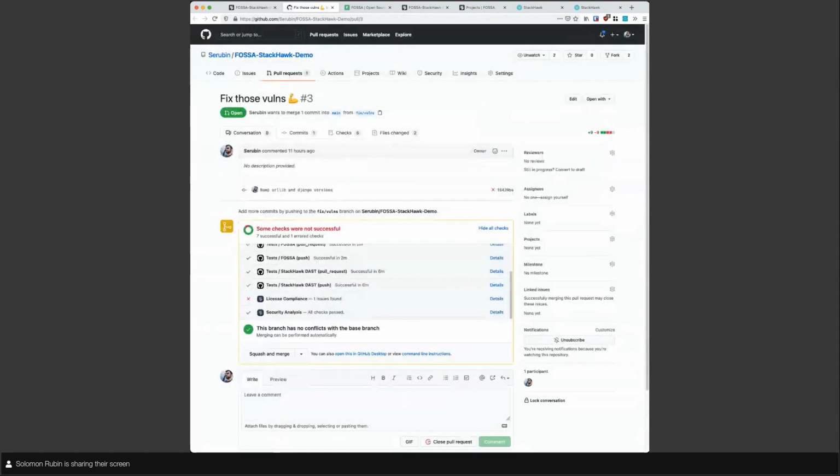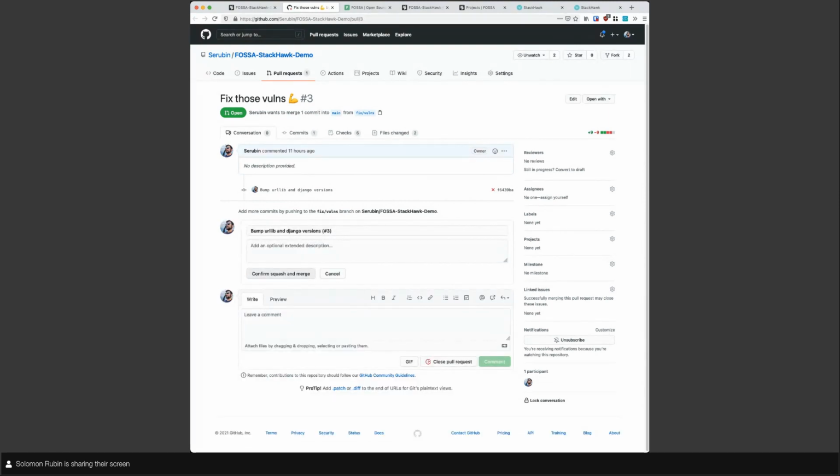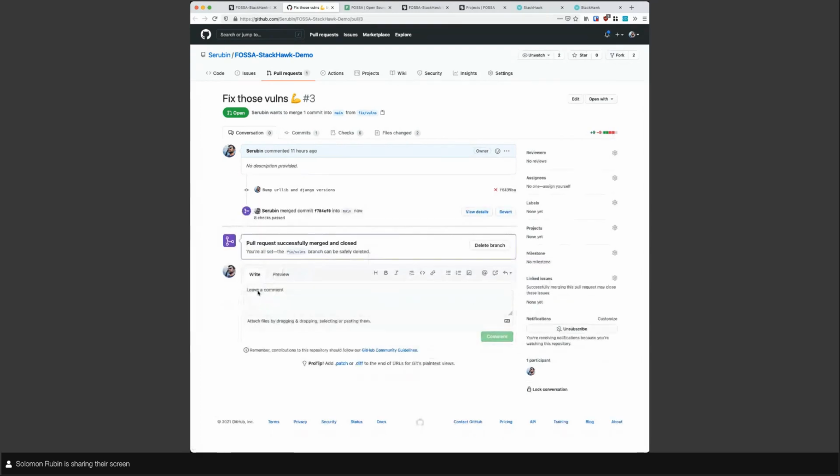Now this may not update until we push again because GitHub is a little bit more static than we might like it to, but we can squash and merge this. And when that runs its scans, it will update. So I'm just going to go ahead and do that quickly. Can bump that, and what we'll see